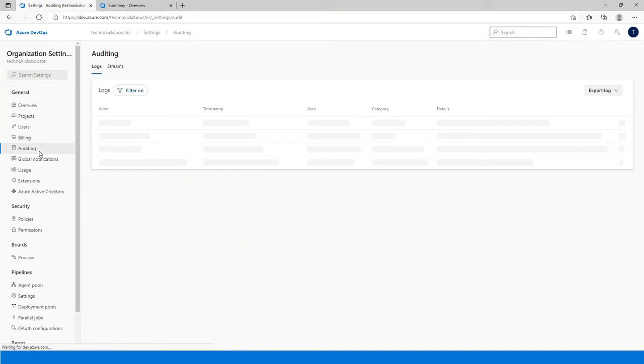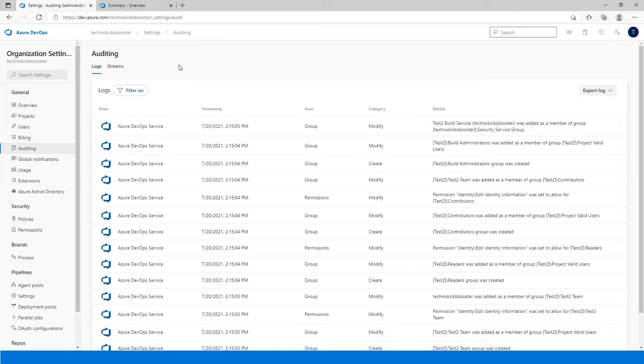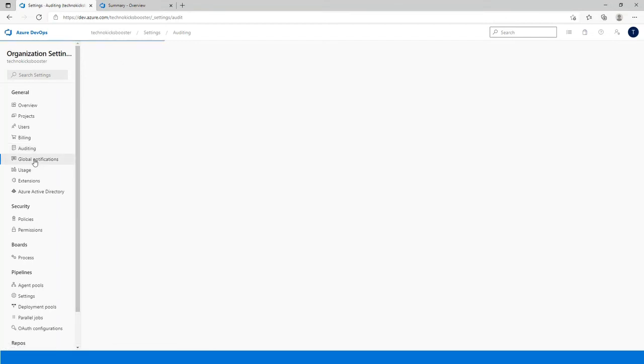So auditing is a feature where you can see, for example, who accessed what service. As I told you in the first video, Azure DevOps is a combination of 5 services. It's one main service that has microservices: Azure Boards, Repos, and all these things. So here, for the Azure DevOps service, what type of thing are we trying to access? What are the things that we have done? Creating a new project, or changing any permissions or something like that. You will be able to see that in auditing here. So each and every activity that you do on the organization, you will have an entry in the auditing. So the next thing is global notification.